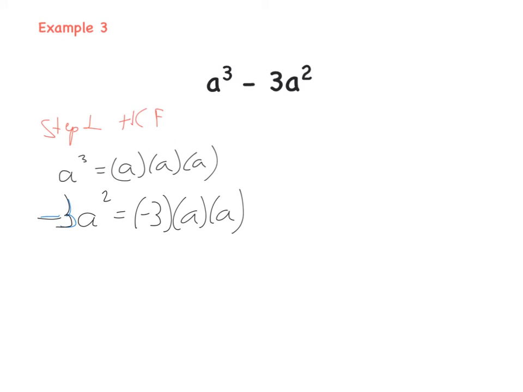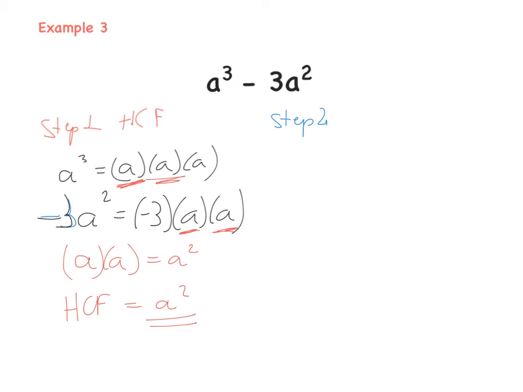So we have a common and we have another a common, okay? So how many a's do we have? We have a multiplied by a. It's not 2a, okay? You need to remember that. It's not 2a, it's a multiplied by a. What is a squared? So we have a by a, and this is a squared, not 2a, okay? So we have the highest common factor, a squared. If you have it, you can go to the second step